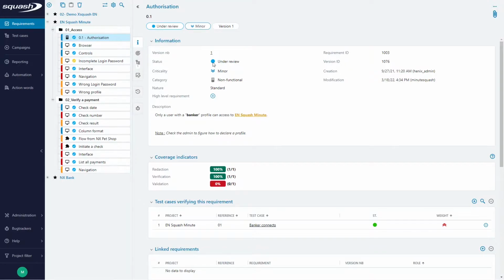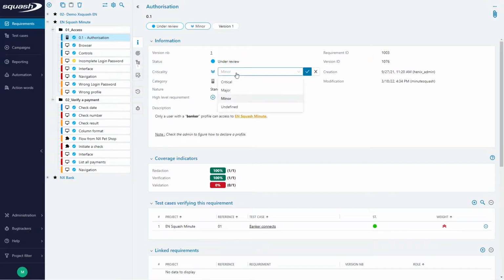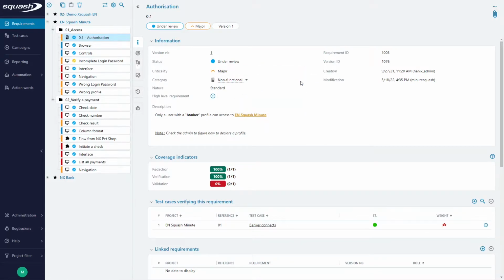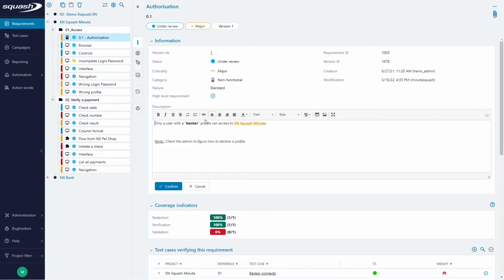These basic attributes can then be completed with custom fields of various types like simple or rich text, checkboxes, drop-down list, or date, for instance. It is possible to edit all these attributes directly from the information block, as here. I can change it.